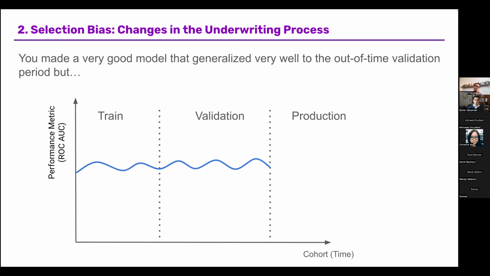This is essentially a metric that tells how good your model is at predicting zeros and ones. So let's say that you build a very good model, which is this blue model, and you did everything correctly. You did cross validation, you validated everything, there's no leakage, everything is perfect. And you're certain that this model is better than your old model, so you want to put it in production.